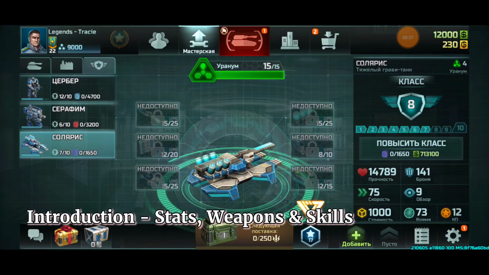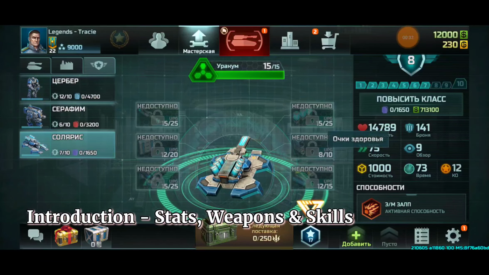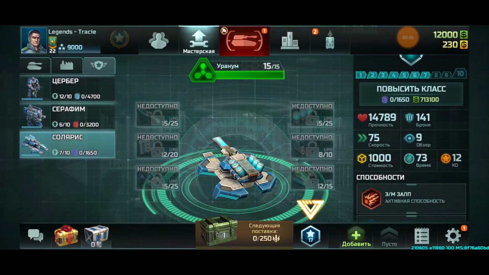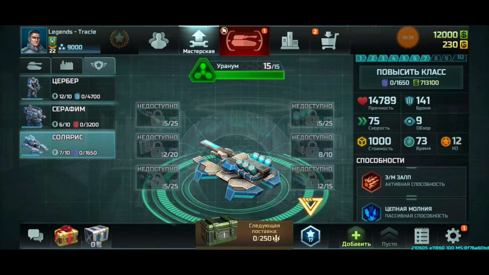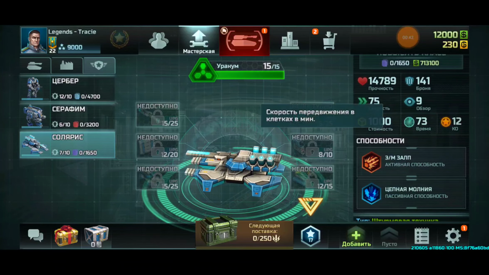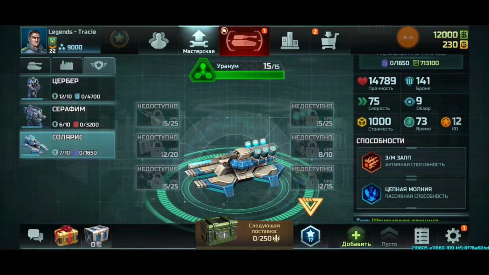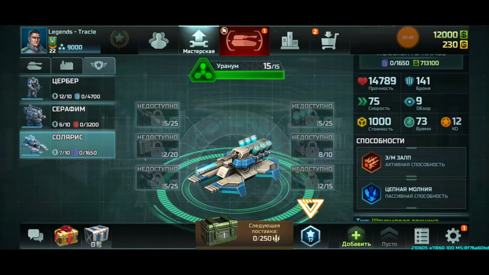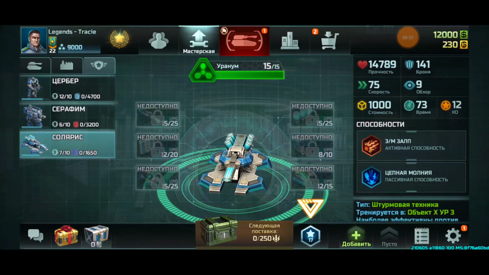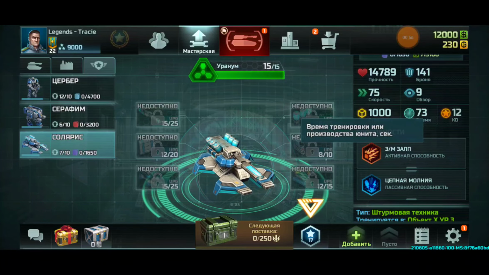Now without further ado, let's jump straight into the introduction of the Solaris. As you can see, the Solaris has 14,789 HP. The armor is not that bad, 141, and the movement speed of the Solaris is 75. So basically it has the same movement speed as a rifleman, at least at rank 22. Now the cost is 1,000, so it's not really that bad, and the production time is 73 seconds,